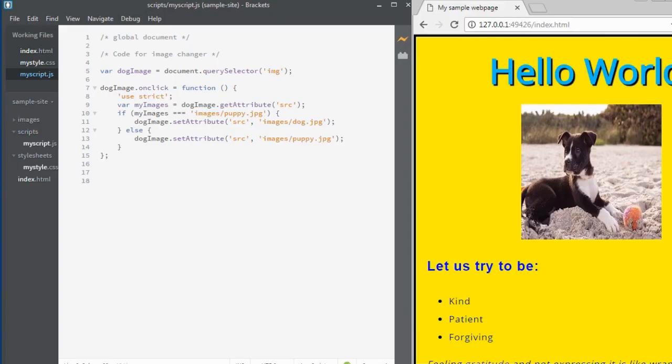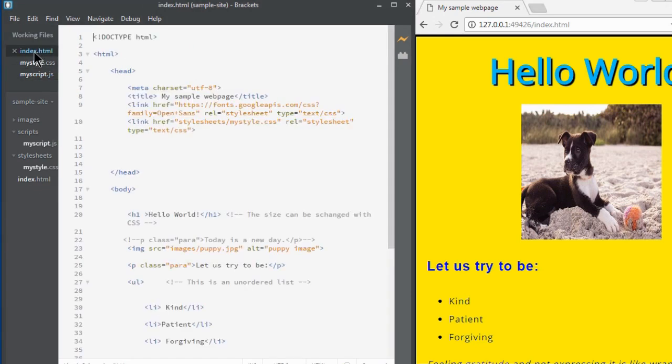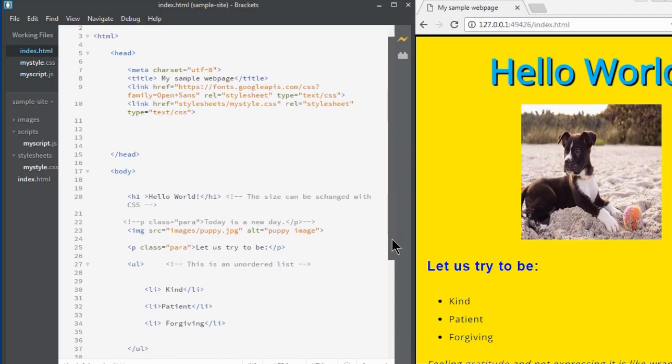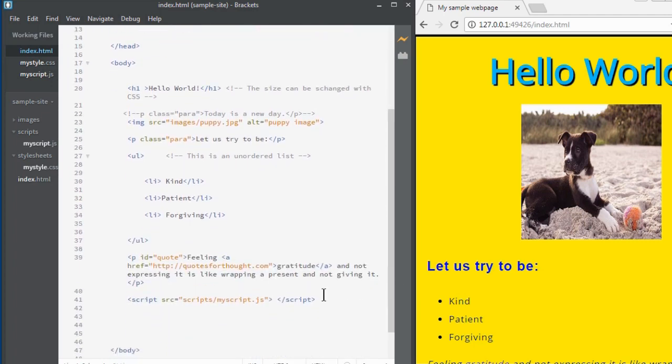The first thing we want to do is go into our index.html file, and I'm going to add a button. So the button eventually, when I program it, will enable a user to change the name that is displayed on the welcome greeting. So if you scroll down to the bottom of your HTML file, just before the script tag,